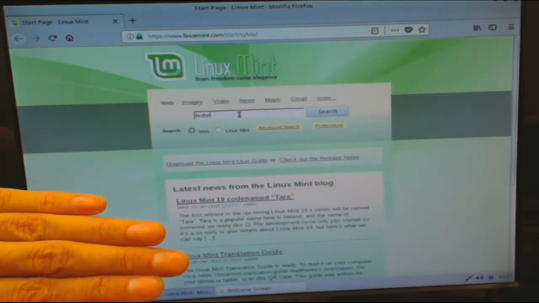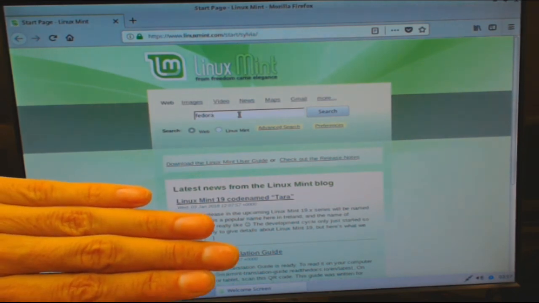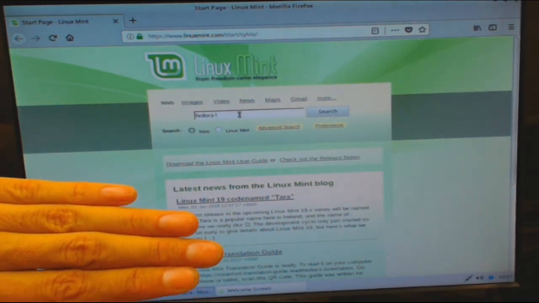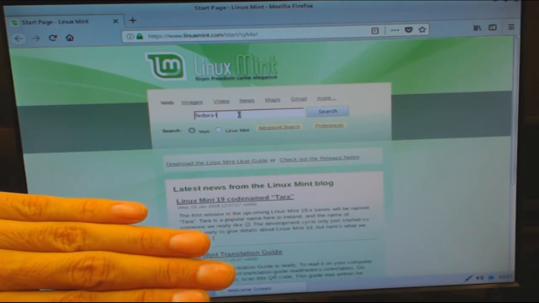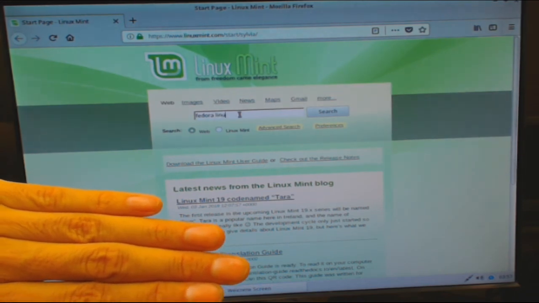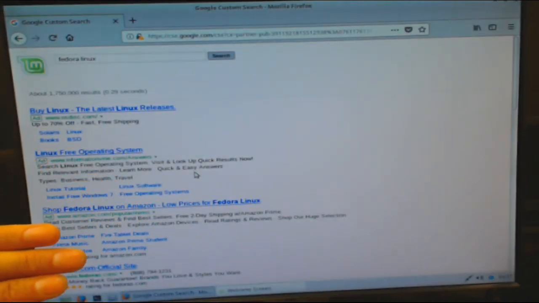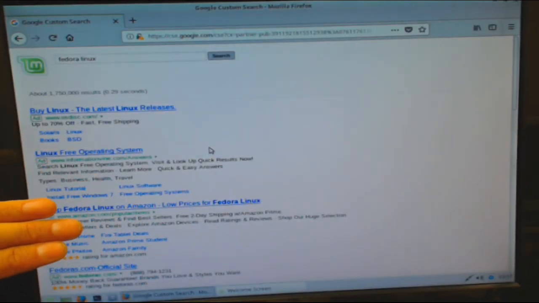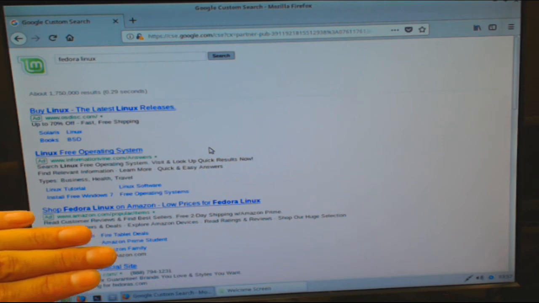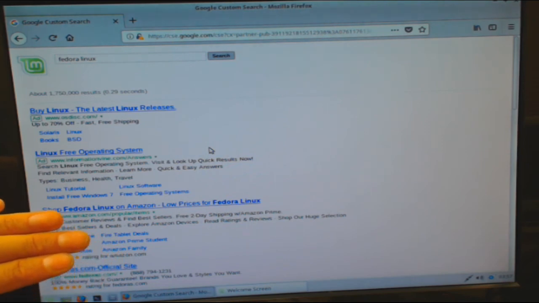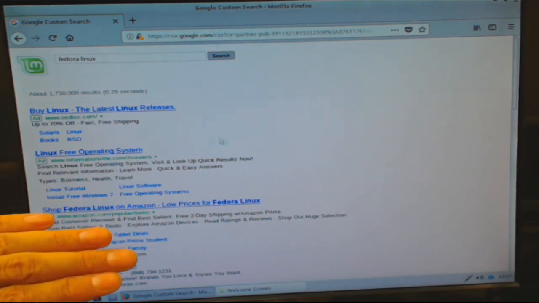Let's see, Fedora Linux. I just want to test the internet. Because I've learned over the years that Linux is not perfect. And some distributions are bleeding edge, and then all of a sudden you find out that you upgrade and you can't even get on the internet without editing the etc resolv.conf configuration file. So the internet works,